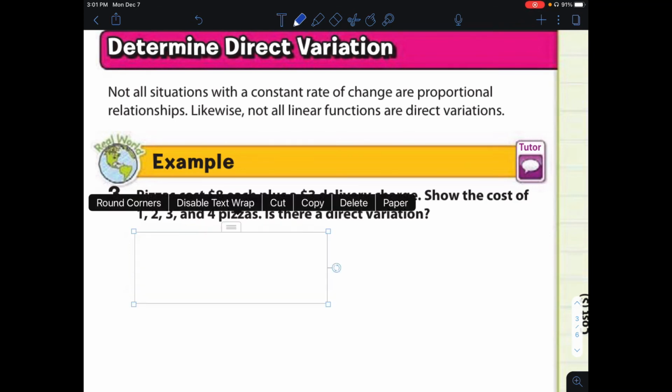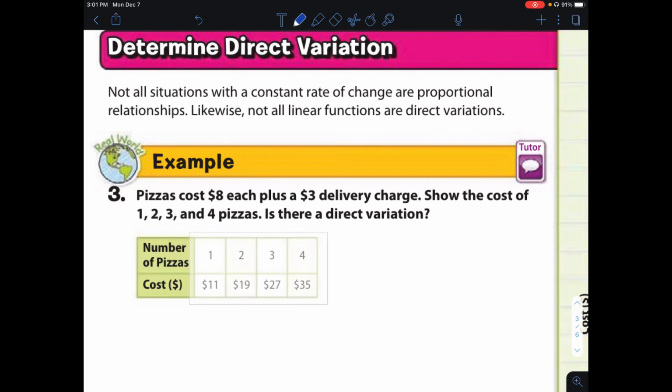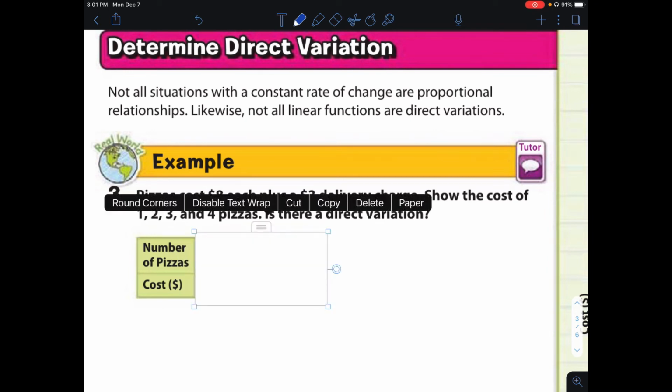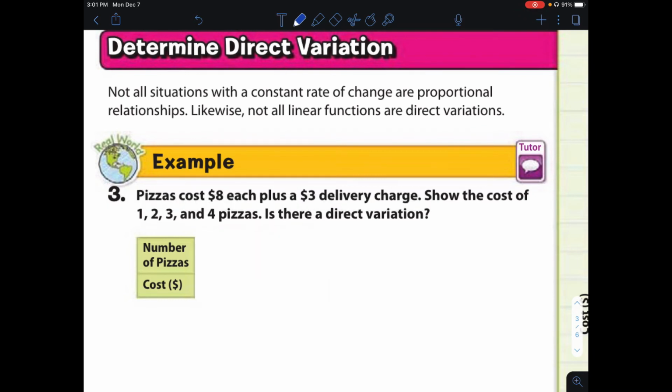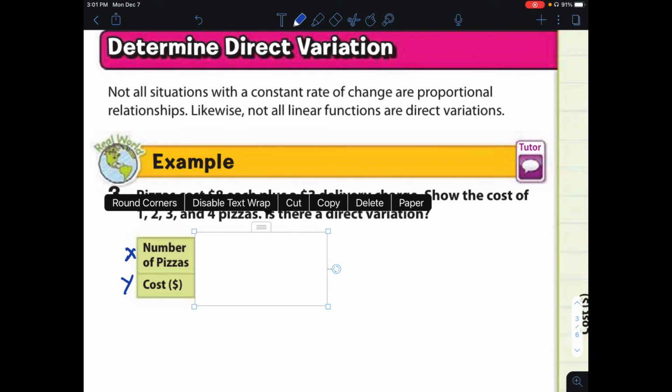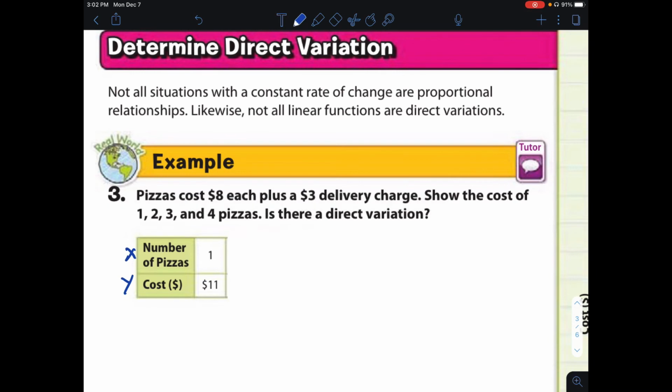So the first thing we need to do is create a table for this, where the number of pizzas is your x and y will be the cost. So what it's saying is that pizzas cost $8 each and a $3 delivery charge. So let's say if you order one pizza, it's going to be $11 because this is going to be $8